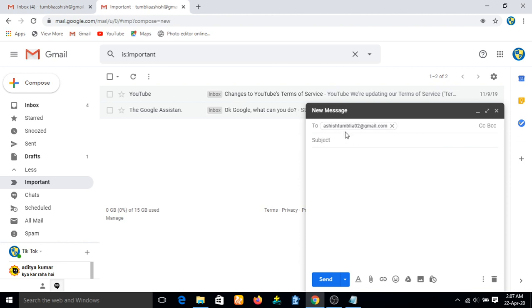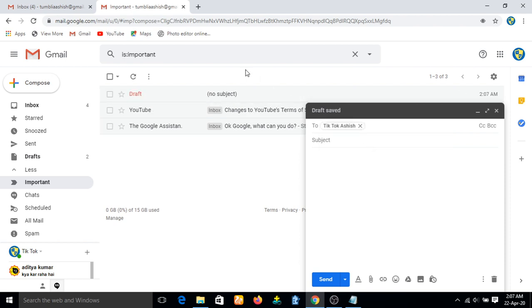So here is my email ID. Oh, sorry, this is another email ID. I have to use my own email ID, right? So this one. With this email ID, I'm logged in right now, so I have to send to myself. That's why I'm using my own email ID. And in CC also, let's keep my own email ID. Okay, write something.